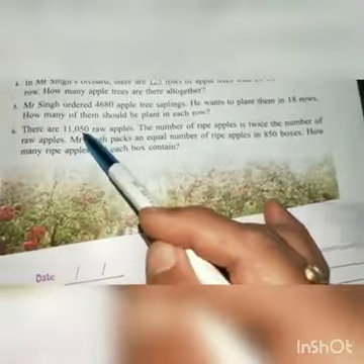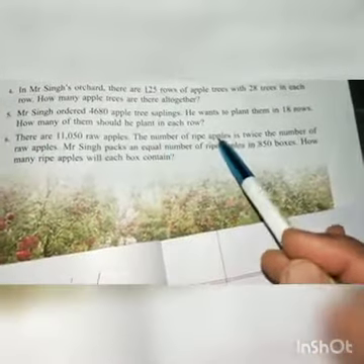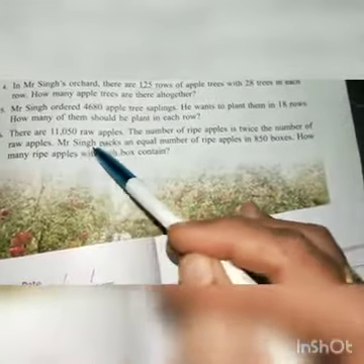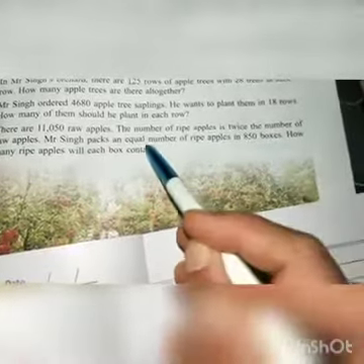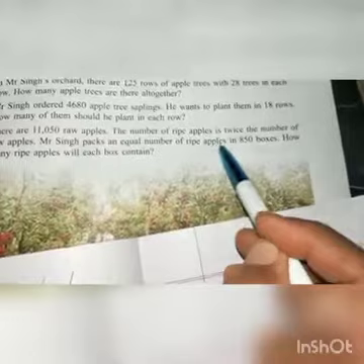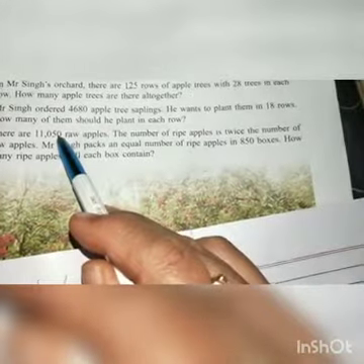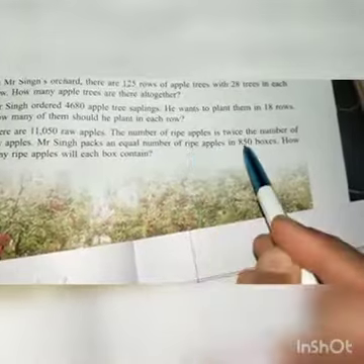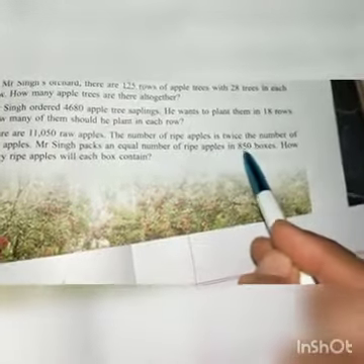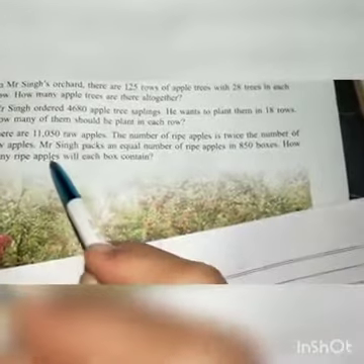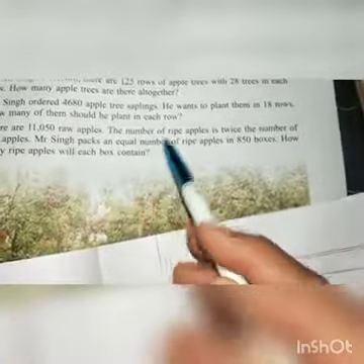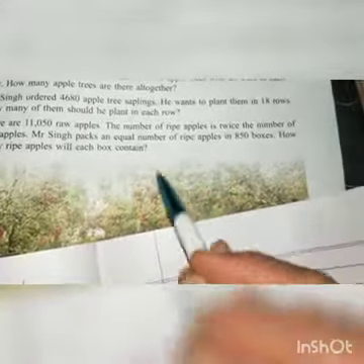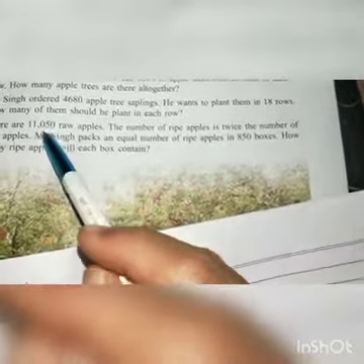In the last question, read the last question again. There are 11,050 raw apples. The number of ripe apples is twice the number of raw apples. Mr. Singh packs an equal number of ripe apples in 850 boxes. First we will find out ripe apples. So ripe apples will be double of this. That will be 22,100. So Mr. Singh has packed all the ripe apples in 850 boxes. How many ripe apples will each box contain? It means in one box how many ripe apples will be there. We will divide 22,100